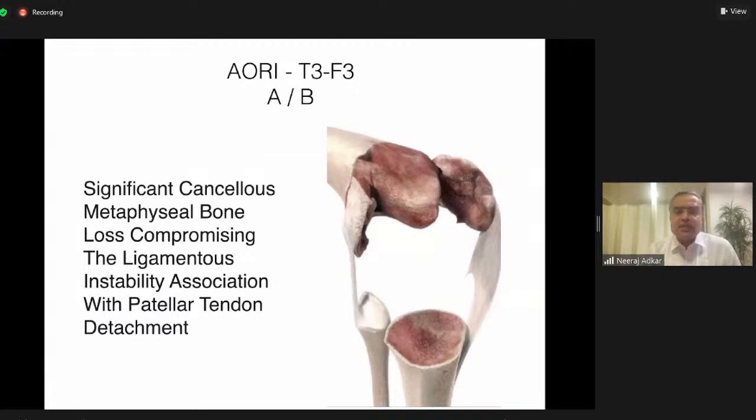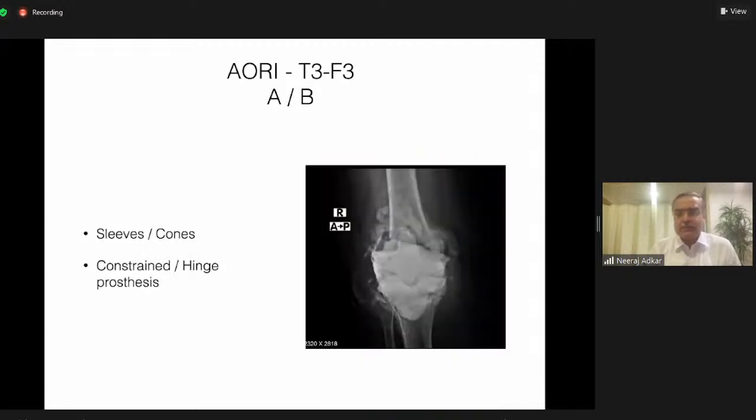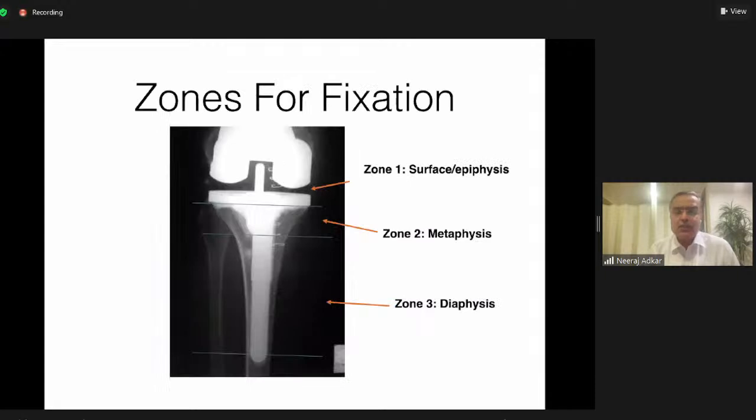So coming to the last type here, T3AC, where the epicondyles are also involved. Typically, we get this in a revision scenario and rarely in primary TKA. Here, in such cases, there is ligament instability, and sometimes the patellar tendon is also affected. So in revision cases where there is a huge defect, we need to use sleeves, and most of the patients need a hinge or constrained